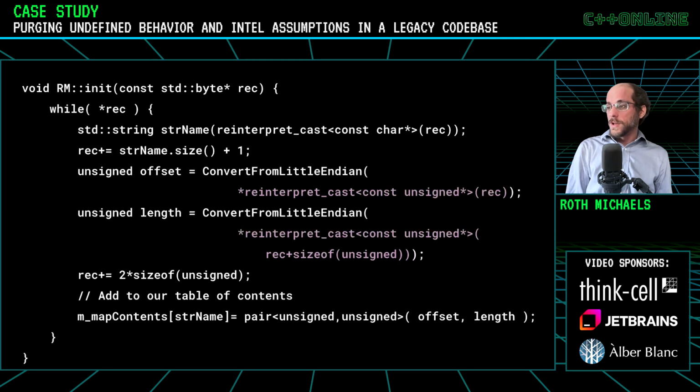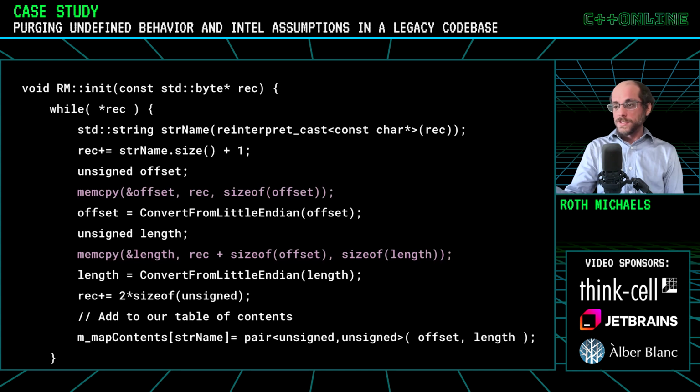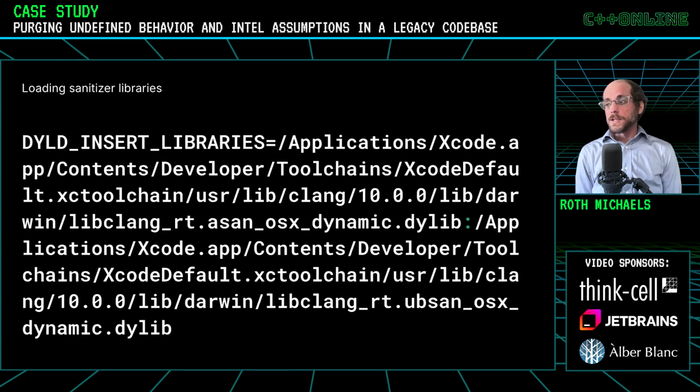And so, again, some of the things that get flagged are things like this: reinterpret_cast might show up in this function, and you have to change that to memcpy like we were discussing earlier. Something to keep in mind is that on macOS, when you're using this, you have to set this environment variable, DYLD, in certain libraries in some cases if you're testing a plugin and not an application.